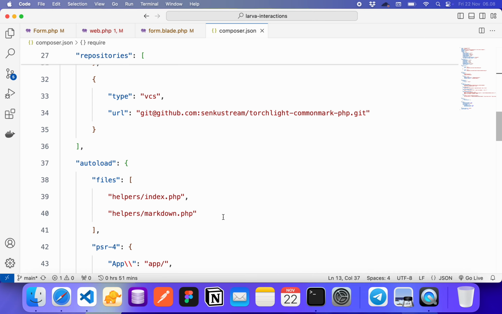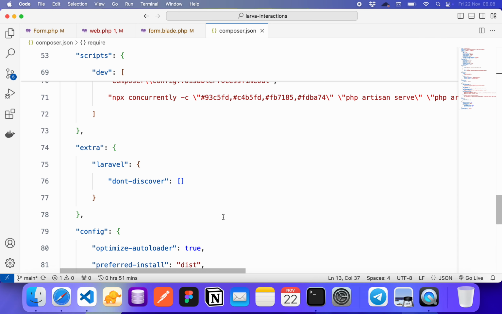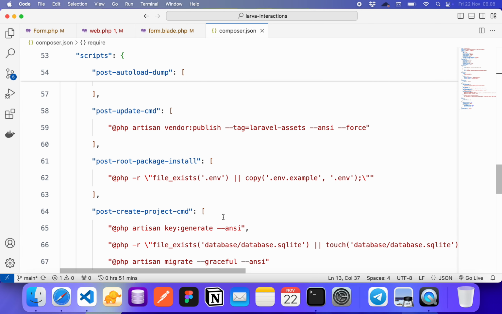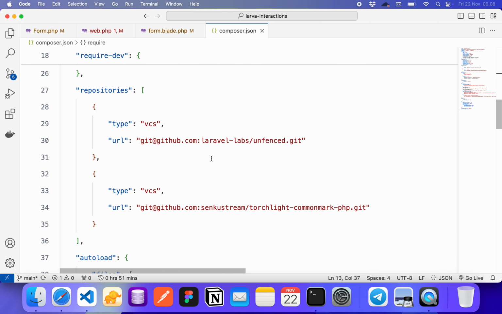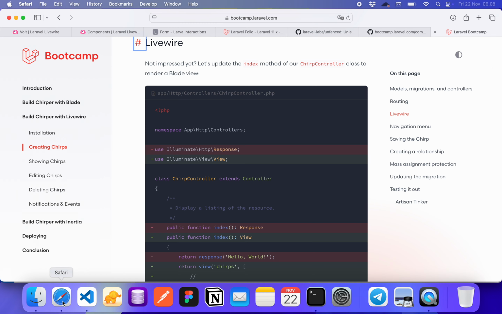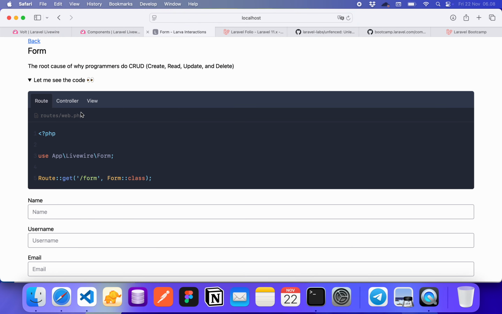I also set this example in the repository, in this one. Okay, so that's the summary of how I set up the snippet.